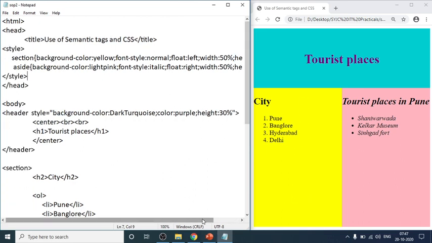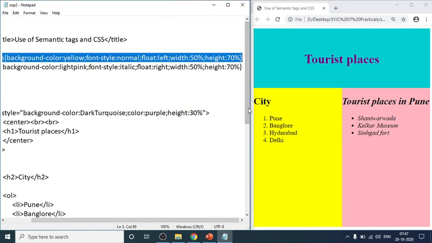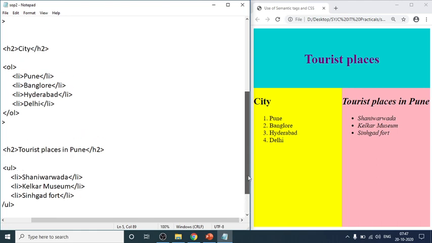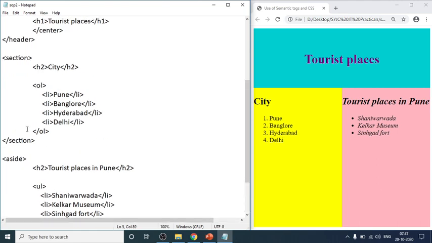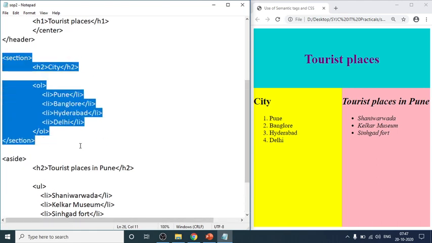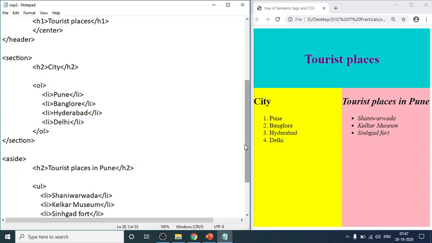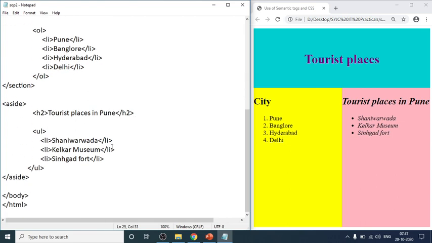So to see this, we have to write this code, and we have to write this section also to display the left part. Now moving on to the right part. The next semantic tag we have used is aside.